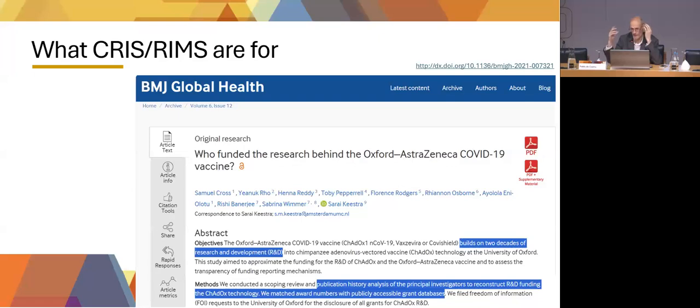They say, okay, we can find what the funders were. So we can find the Wellcome Trust, the UK Research and Innovation funding this work on vaccines. We cannot find how much money they put into specific projects. We cannot find the grant numbers. And the way they did it is they downloaded all the publications in the last 20 years before the vaccine was produced, and they tried to analyze the funding acknowledgements over there.